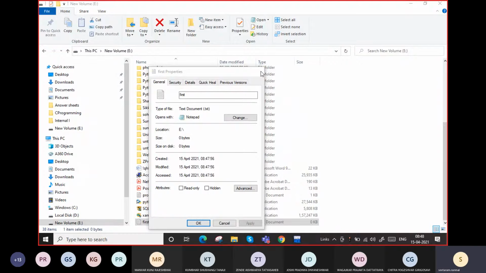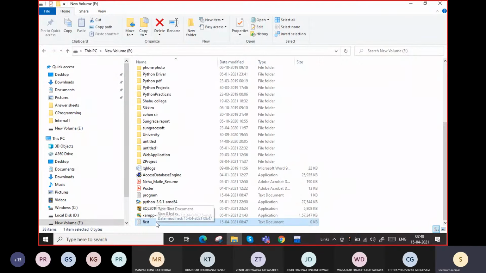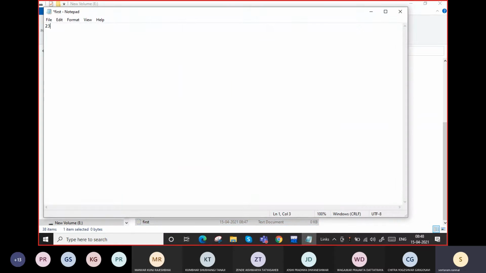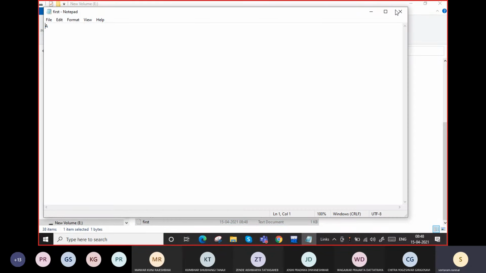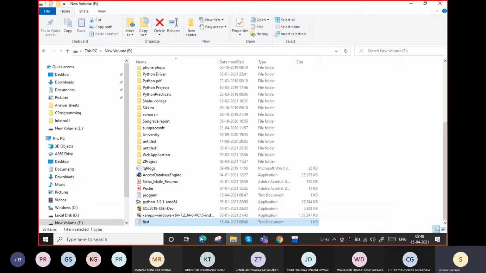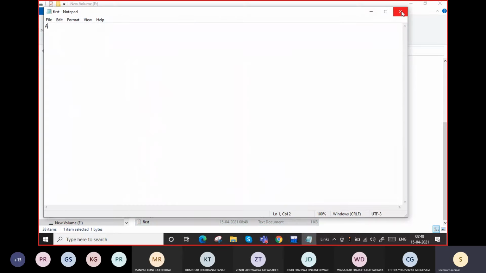It is very important to remember the extension. If I open this in Notepad and write 23 or say A inside, and I save this and close it, it writes the content inside and saves it. Next time whenever I open it, you will be able to see the data.